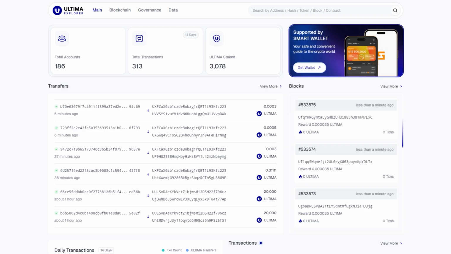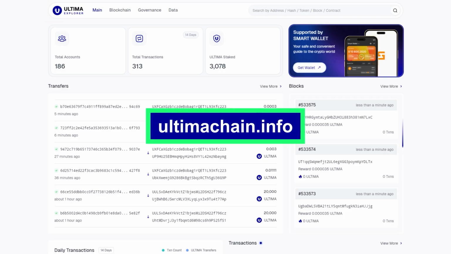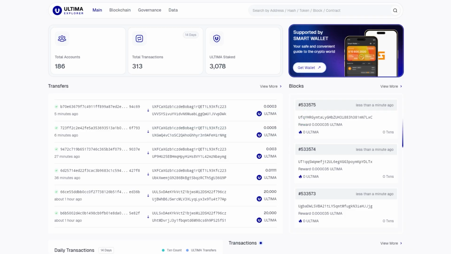Each network has its own Explorer. You can't use the same Explorer for Bitcoin and Ethereum simultaneously. Instead, they each have separate websites. ULTIMA Chain Blockchain has its own Block Explorer, ULTIMA Explorer, located at ultimachain.info. You can compare an Explorer to a search engine, except it provides information specifically within a given blockchain rather than